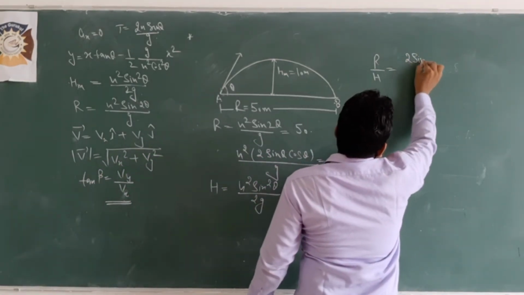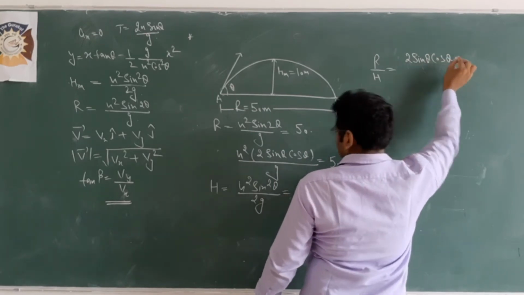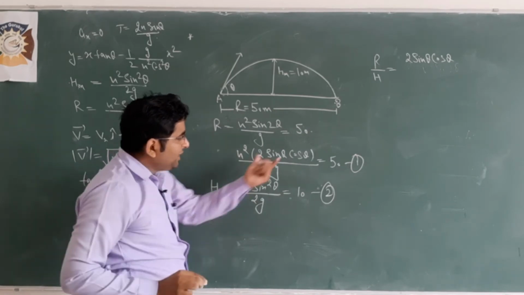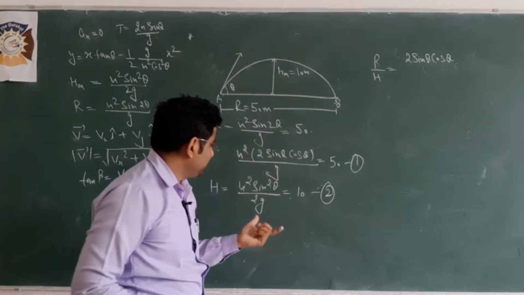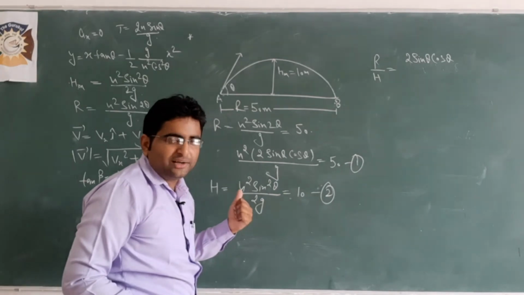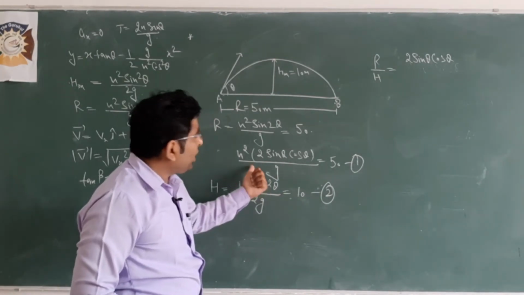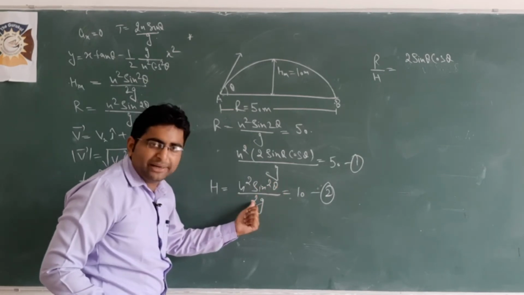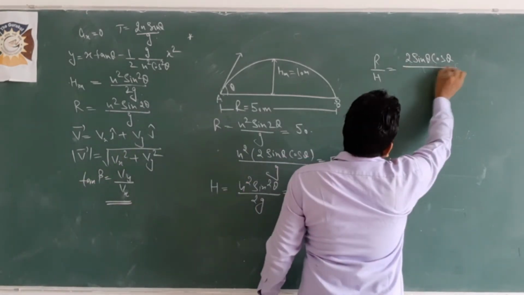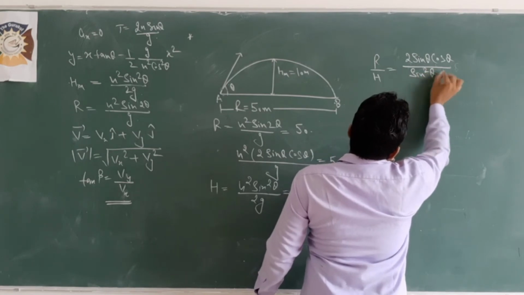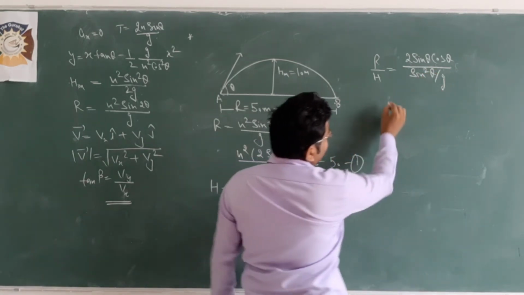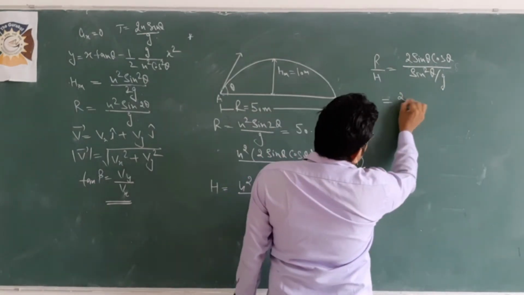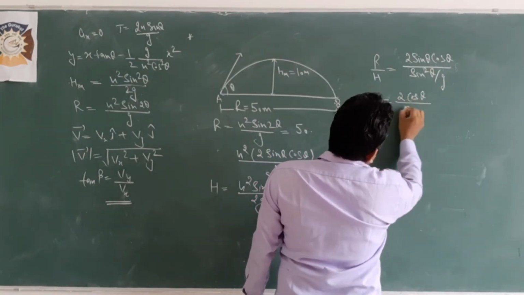So beta, 2 sin theta cos theta, u square से u square कैंसिल आउट हो जाएगा, तो मैंने ये टर्म एज इट इज वहां पर लिख दी. बेटा g से g भी कैंसिल आउट हो जाएगा. क्लियर? तो r की टर्म तो ये बचेगी. h में क्या क्या बचेगा? साइन स्क्वायर थीटा डिवाइड बाय 2. क्लियर? ओके बेटा. नाउ बेटा एक साइन से एक साइन यहां पर कैंसिल हो जाएगा, तो 2 cos थीटा अपॉन